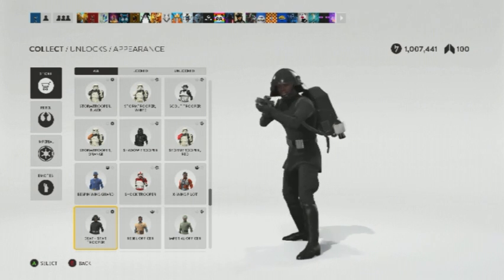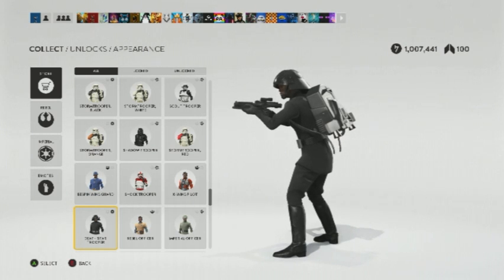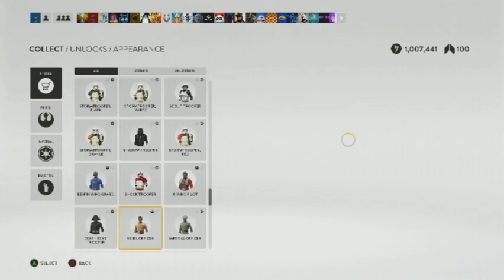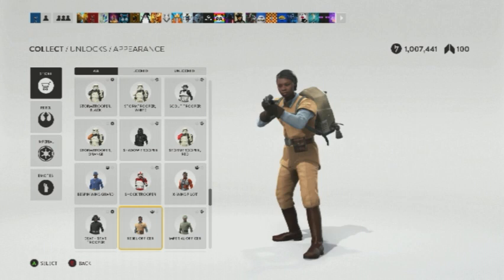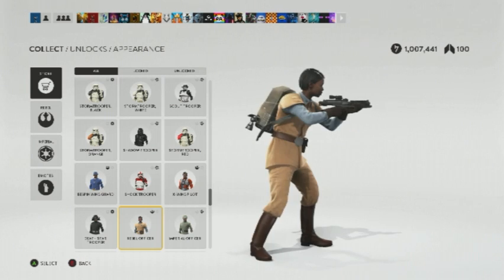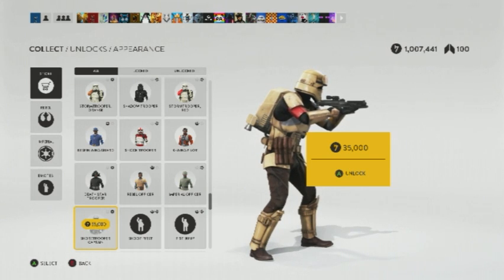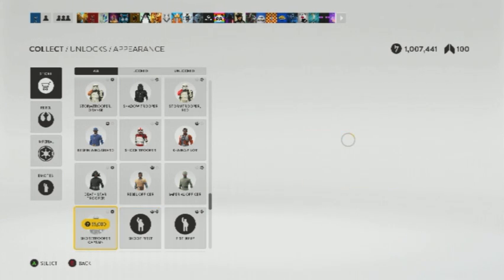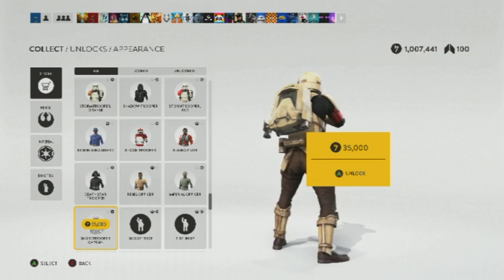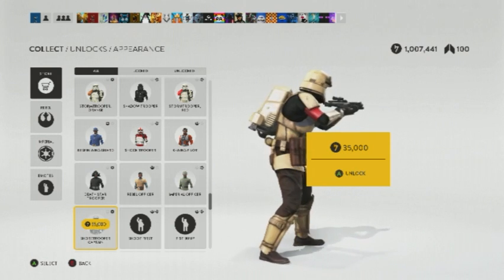Death Star Trooper, I feel like could come back, but there is the only thing, and it could be the same as the Shadow Trooper, so sadly it may not come back. Now the Rebel Officer could also come back, and same with the Imperial Officer, which we already have. Now basically the Shore Trooper Captain, well, we can of course have him, so I feel like this could definitely be one to come. So yeah,